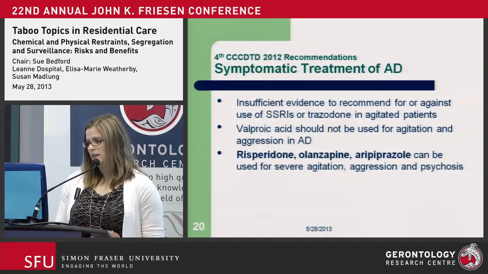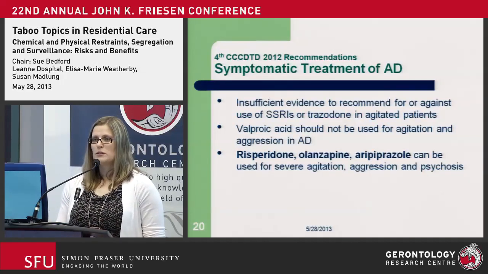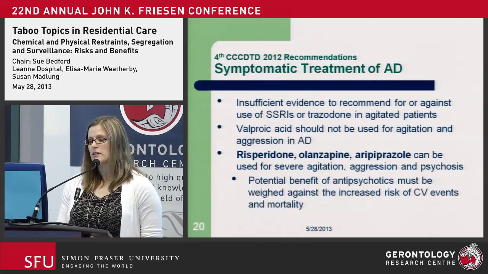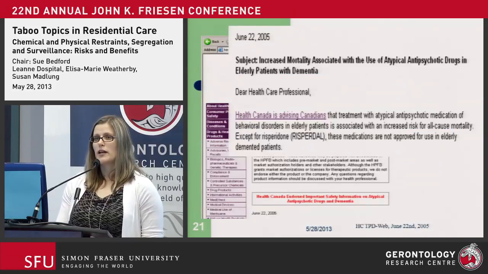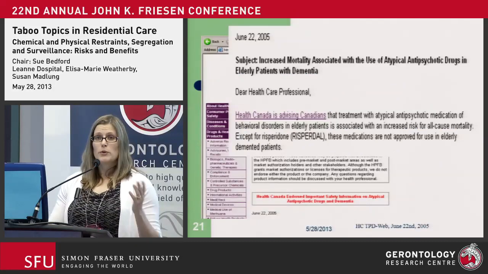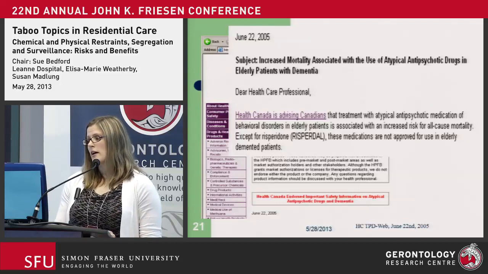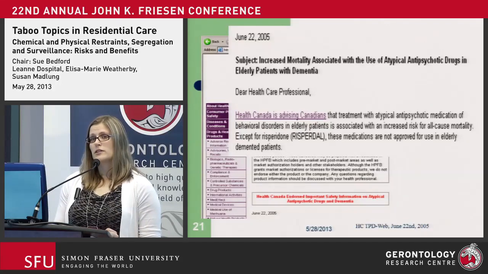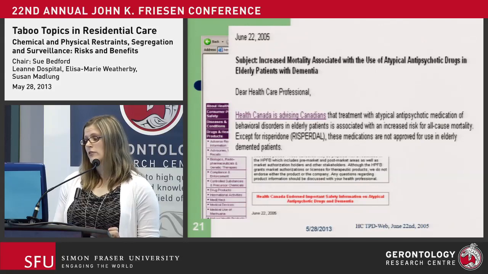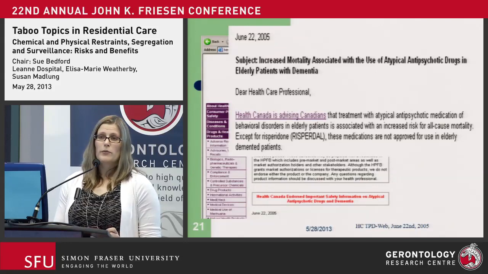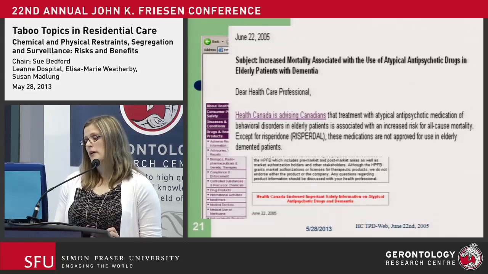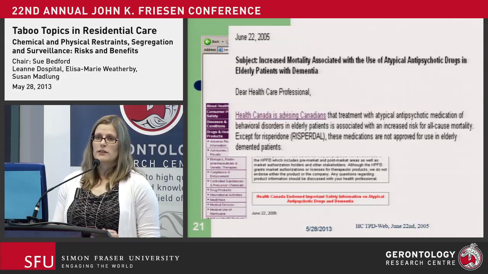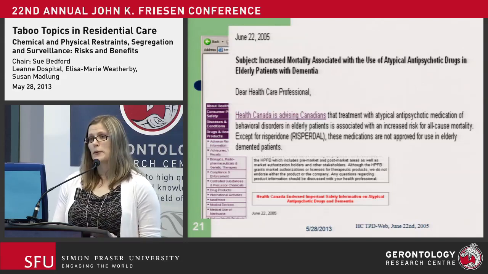That being said, you really don't want to go to these drugs unless absolutely necessary, because we know that there's a risk of harm to the patient, increased cardiovascular events, and overall mortality. This data came out in 2005, studies looking at antipsychotic use, the atypical antipsychotics, the newer antipsychotics, and they found that in elderly patients with dementia they increased the risk of overall death and cardiovascular events. So Health Canada put out a warning, along with a lot of other jurisdictions around the world, including the US, Europe, that we shouldn't be using these drugs in general for these patients.